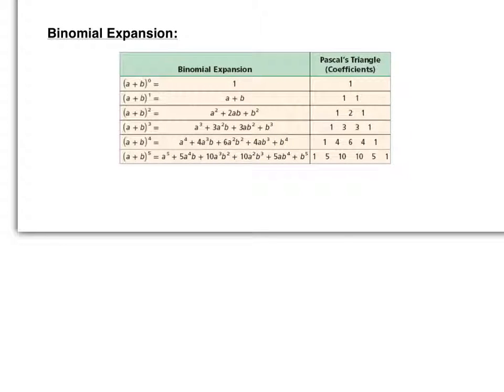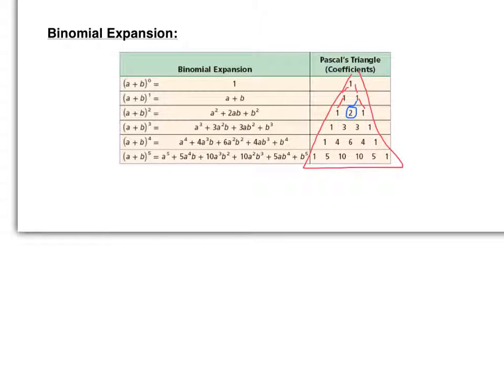In this set of video notes, we're going to talk about Pascal's triangle and binomial expansion. On the right-hand side, we have something called Pascal's triangle, which they found was a pattern. Pascal said if I take 1 and I split it here, and I make 1 and 1, and then I go down here and I make 1 and 1, and then if I add 1 and 1, I get